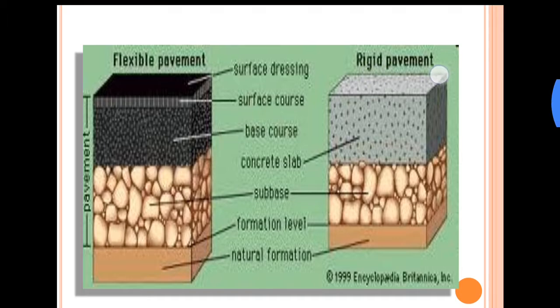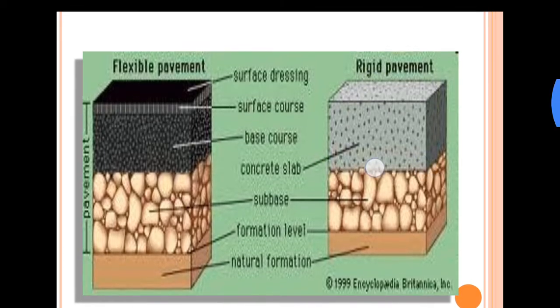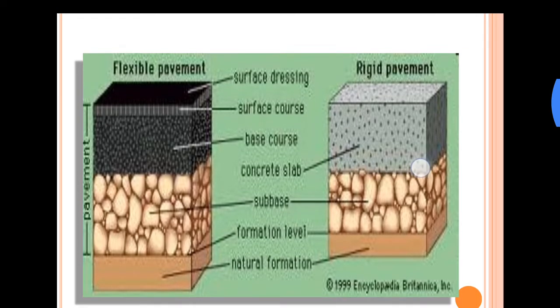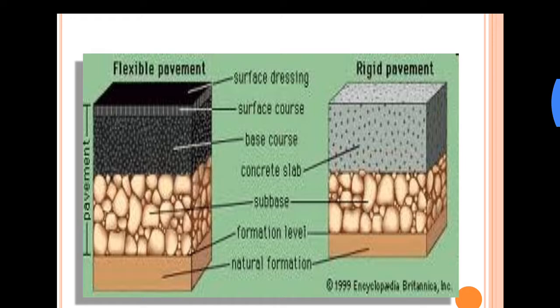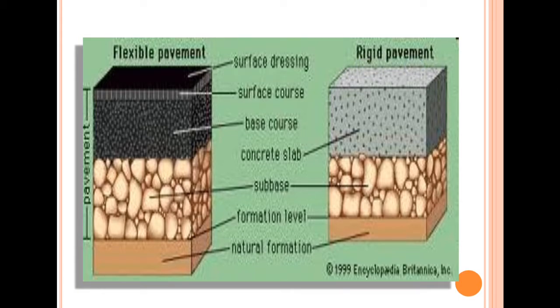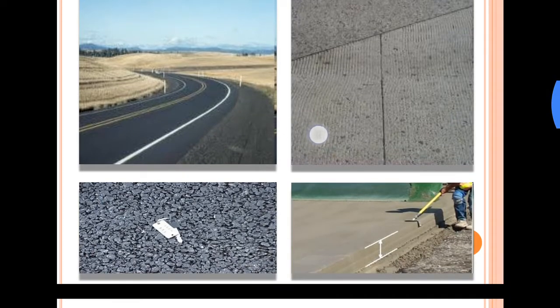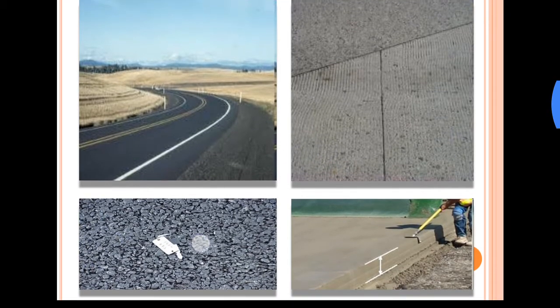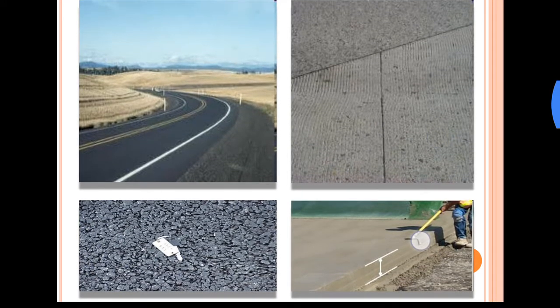In the case of rigid pavements, we can either avoid a subbase or a base. Okay, it is not always necessary in a rigid pavement. Okay, then comes the surface dressing in case of the flexible pavement. In a rigid pavement, we may or may not provide a surface dressing. Okay. So these two figures are for a flexible pavement or a bituminous pavement, and these two are for a concrete or a rigid pavement.